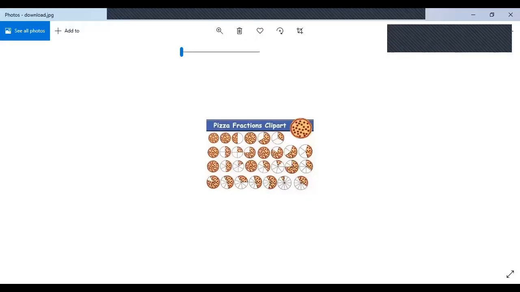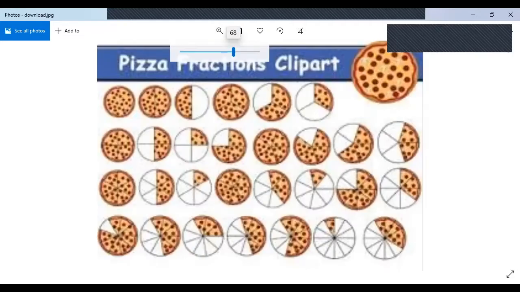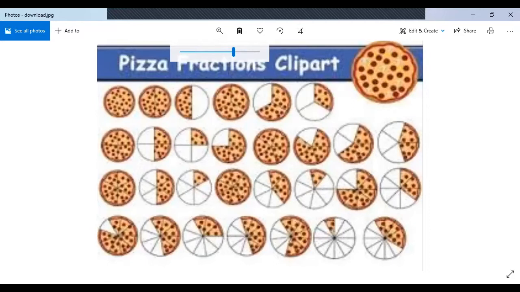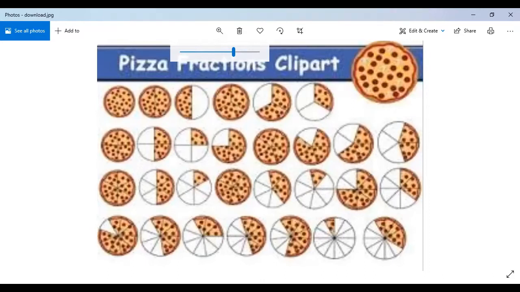Okay, can you see that this is a pizza which is divided into different fractions? Our main focus today would be on how we can divide it into equal parts. So can you see this one? The pizza is divided into two equal parts on one side, and on the other side there is no difference between them, right? Similarly, there are other fractions as well. We can make 7 pieces out of that, 8 pieces, 9 pieces. It depends only on its size, right? So according to the size, we can divide that into different parts, and then we can eat it. And what are those parts called? Those parts are known as the